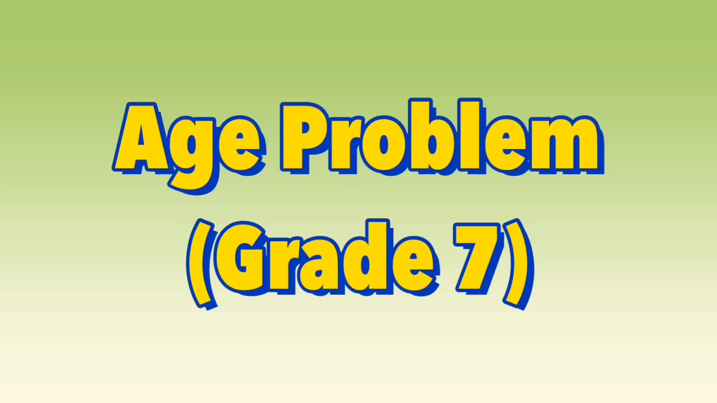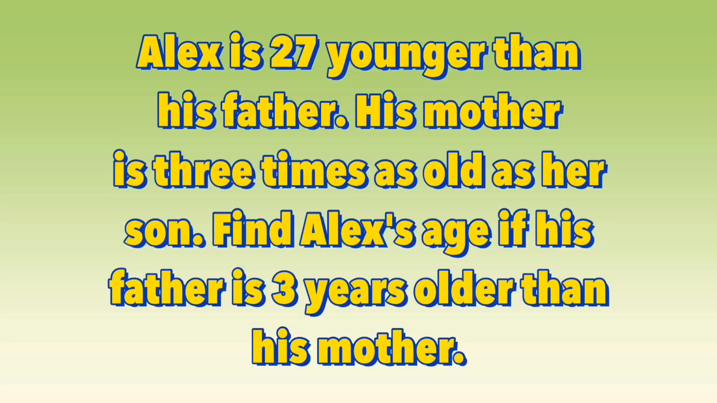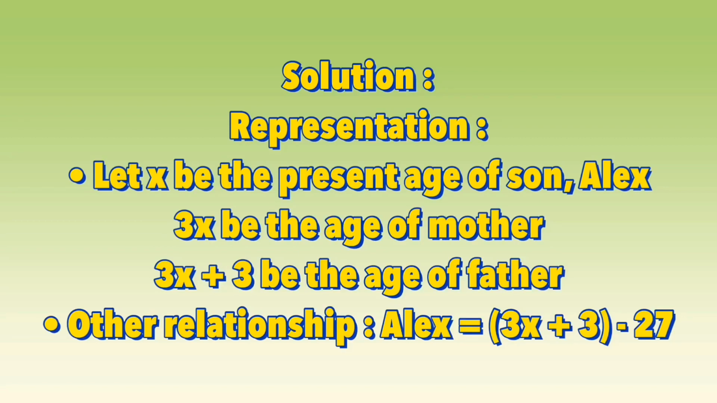This is part 4, grade 7, number 9 problem. Alex is 27 years younger than his father. His mother is 3 times as old as her son. Find Alex's age if his father is 3 years older than his mother. If we're going to analyze the problem,